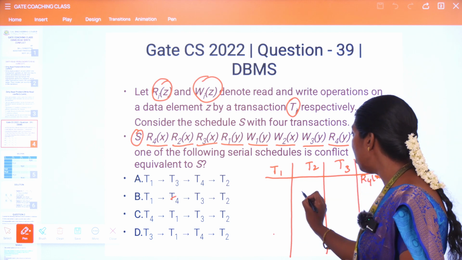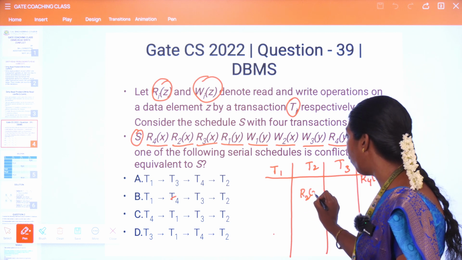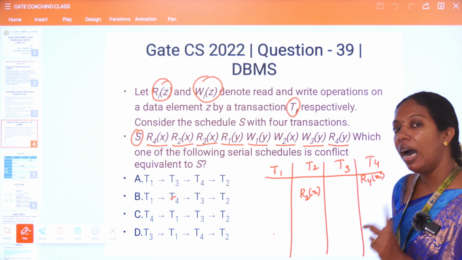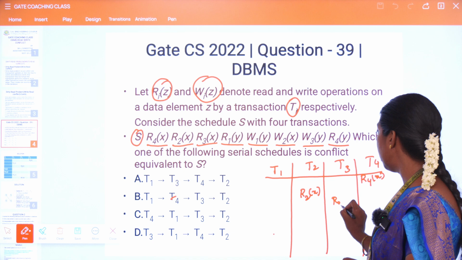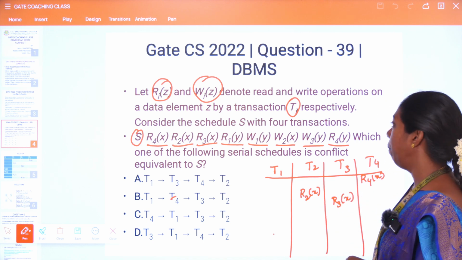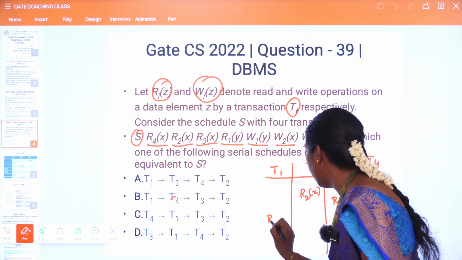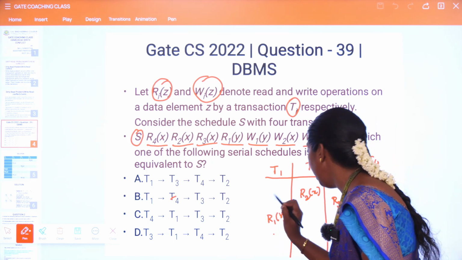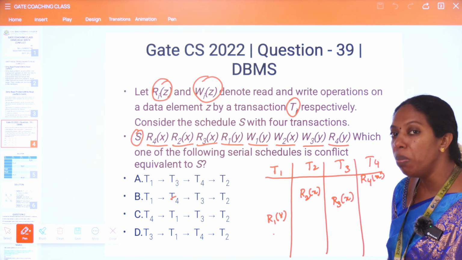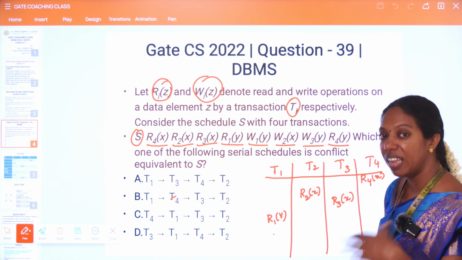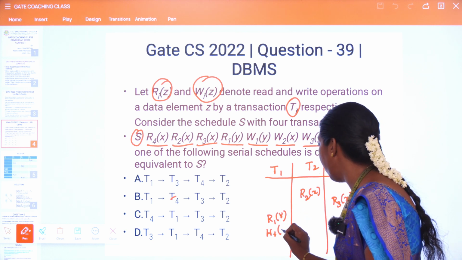So you have to give it in the second row, that means transaction 2, so R2 of X, and next one is R3 of X. So go to transaction 3 and you have to perform here R3 of X, and R1 of Y. So here you are representing it as the 4th term, R1 of Y, and the next one is W1 of Y. It immediately performs the write operation in the same transaction, W1 of Y,